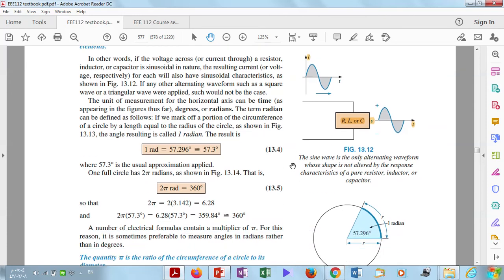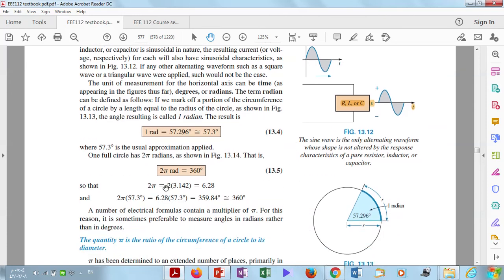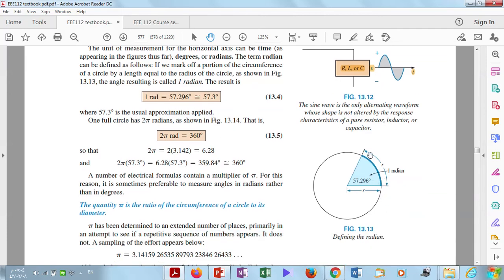For example, when we say we are talking about degree or radian, 1 radian equals 57.296 degrees. This is the circle. If we say 1 radian, it is 1 radian. If we say pi,